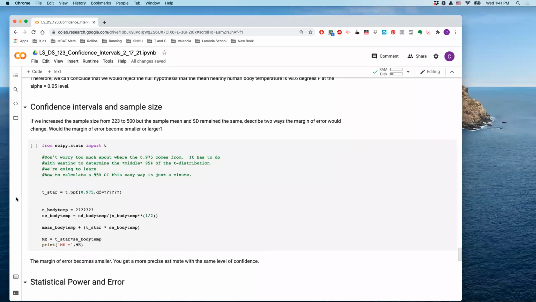So often, when people are presenting results, they'll just present a confidence interval, and then they'll say, okay, this is our hypothesis, we reject or we fail to reject the null hypothesis, but they won't necessarily present their t-statistic and their p-value. They'll just say, hey, here's my null hypothesis value. Okay, here's my confidence interval. Yes, I see my null hypothesis value in that. I'm going to fail to reject the null hypothesis. Oh, no, I don't see my null hypothesis value in there. Okay, I reject the null hypothesis.